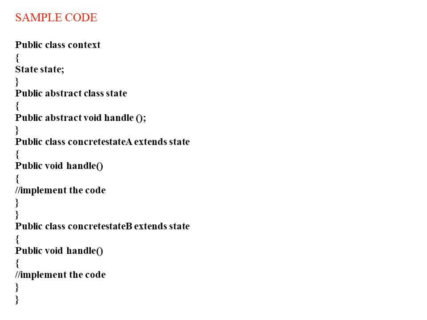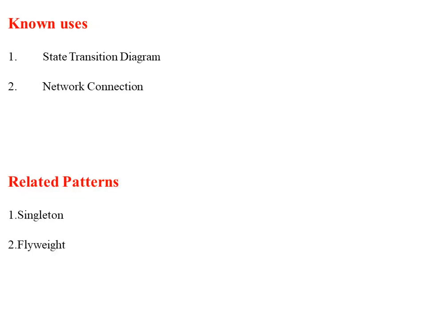Next, coming to the last part, templates. So known uses. So here we are taking the state transition diagram. The best example for this state pattern is process state transition diagram. I already told you that process state transition is nothing but new, ready, running, blocked and exit. So new state, ready state, running state, blocked state and exit state. And next through network connection we are taking the connection established, connection listening, connection closing, nothing but TCP states and UDP. You can write the example as a UDP also. So that's why I'm defining all the TCP states as network connection.